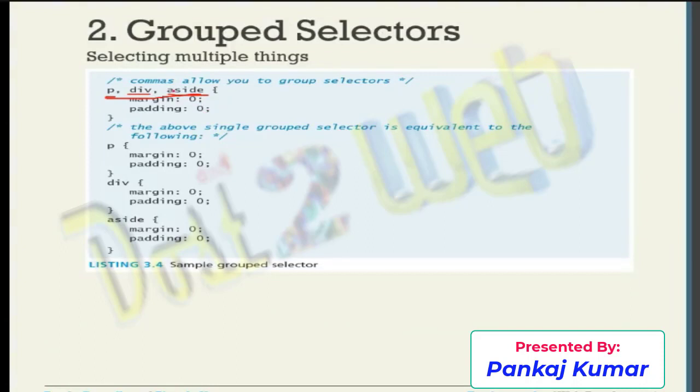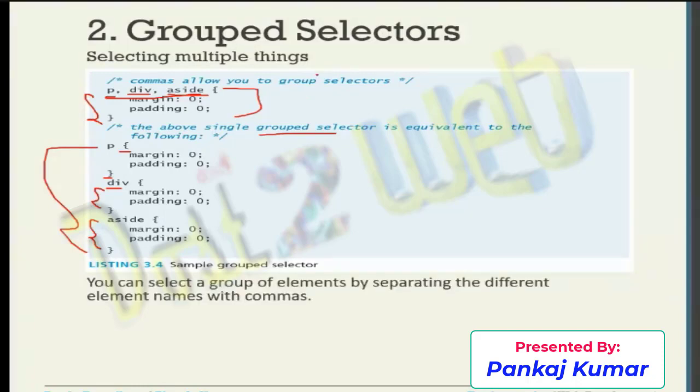Okay. The same thing you can define this way also, but this will be a single line. The single group above is equivalent to the following. Here I have grouped everything, but here we are just separating each tag. Paragraph, margin 0, padding 0. Again, you have to give an open brace and a closing brace in the CSS. In the same way in the division tag, I am defining the same, and the same way I am defining the aside tag. So this is the sample of grouping together, or you can define them separately. This is the grouping. This is the group selector.